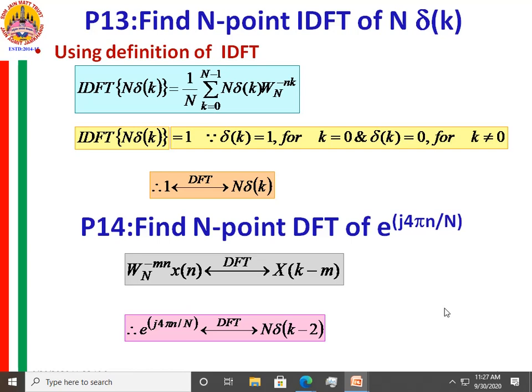Getting it or not? Getting it, all of you? Yes, madam. Yes, anybody is having doubt here? All of you clear? How to use the frequency shift property here? I'm not getting any answer here, so I hope that you don't have any doubt. So I will move ahead.